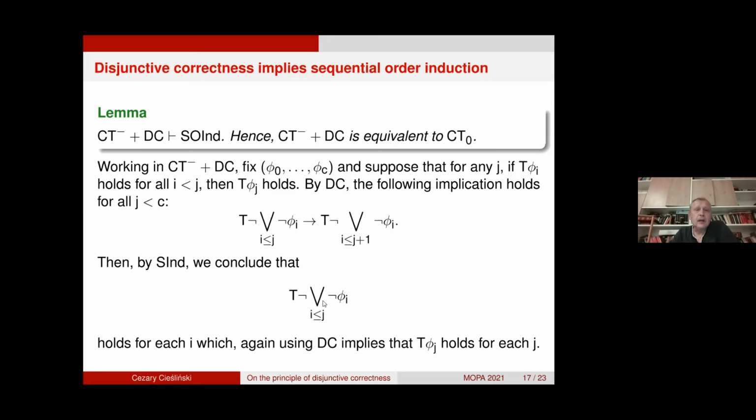Then we observe the next element: if we have full DC, and remember, we have it as soon as we have DC out, which has already been demonstrated, then DC is enough to prove sequential order induction. So in order to see this, just fix a sequence of arithmetical sentences, and suppose that phi I is true for all